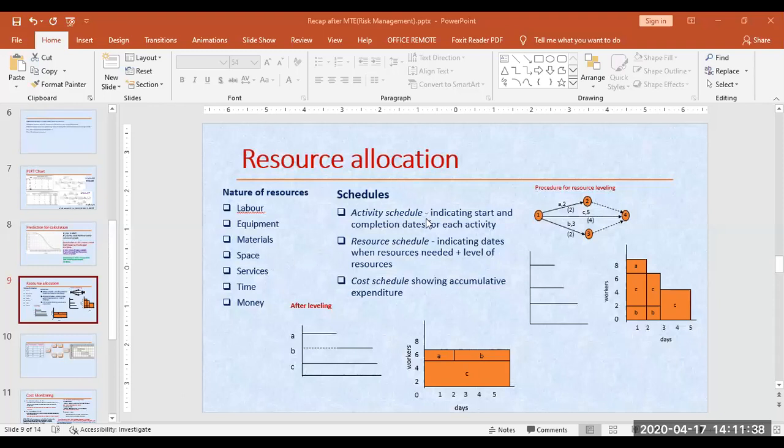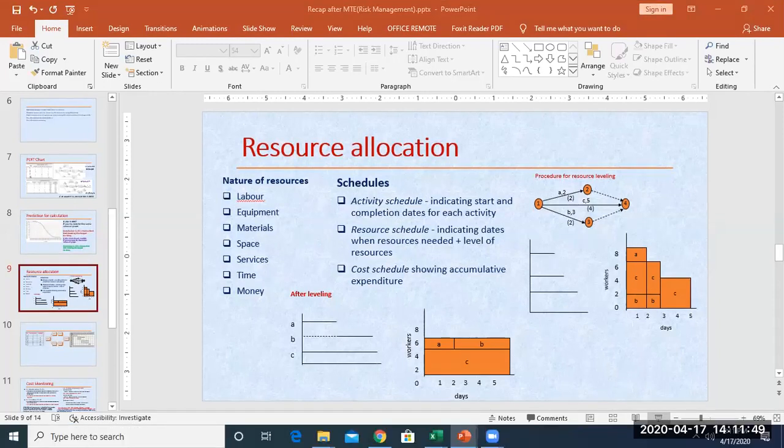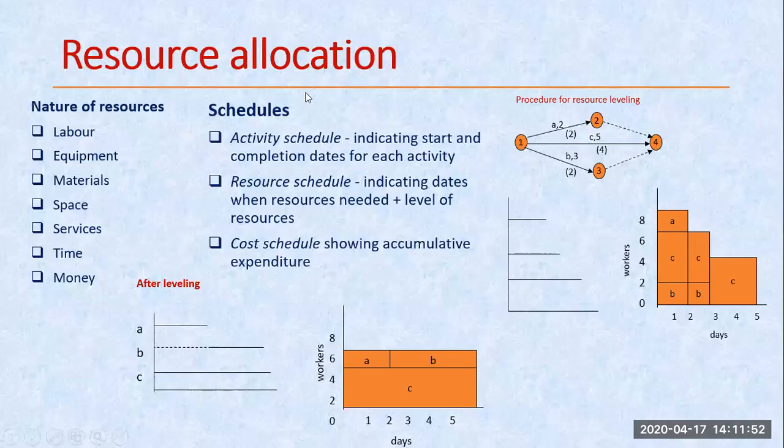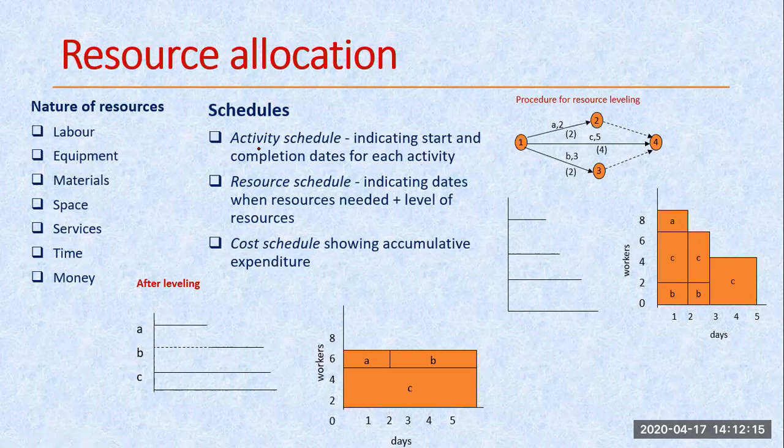Then these are the 3 different types of schedule. One is the Gantt chart. We had already done this in my lab class. In the Gantt chart, we are preparing a complete chart based on the activities or set of tasks, and these tasks are arranged in such a fashion. There is a start date, there is an end date, and then we are defining the dependency between them. We are showing this is my initial task and this is my final task, and so on. So this activity schedule is one type of schedule.